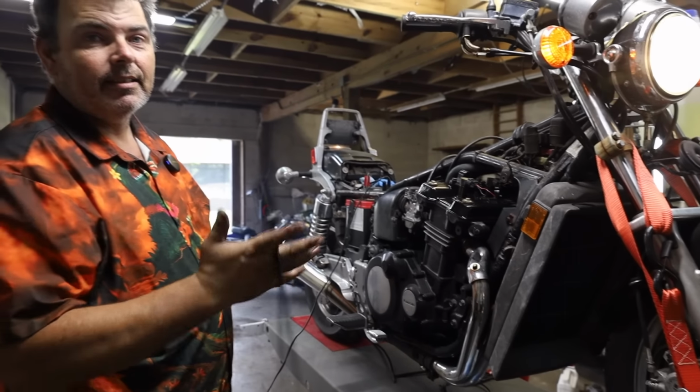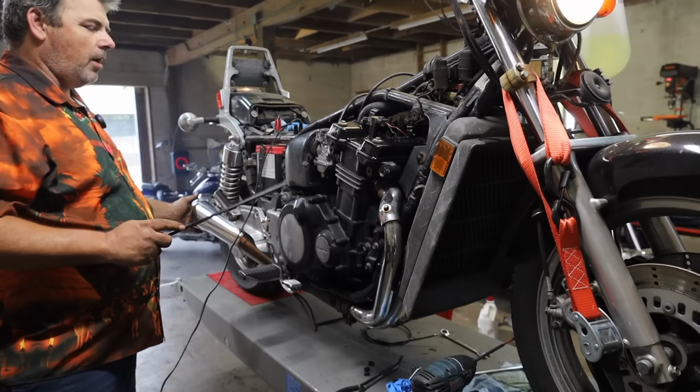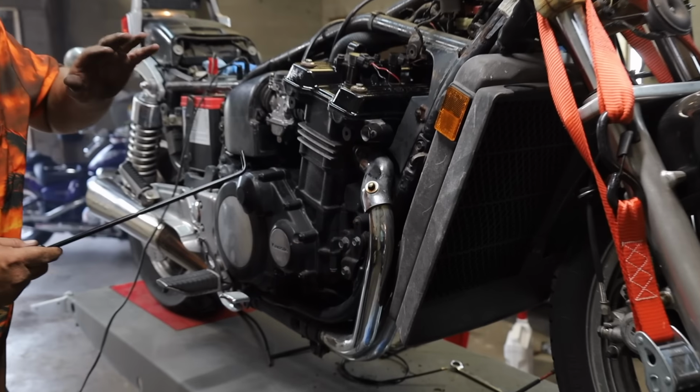I hate to say it sounds like it's brand new, but it does. The motorcycle doesn't sound like it has any miles on it at all. I still got one over here on this half that's kind of